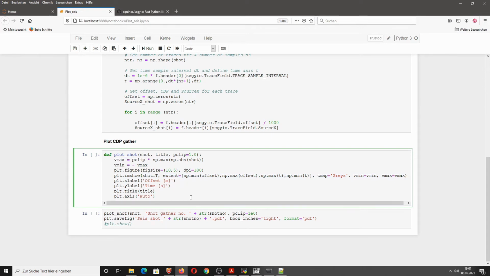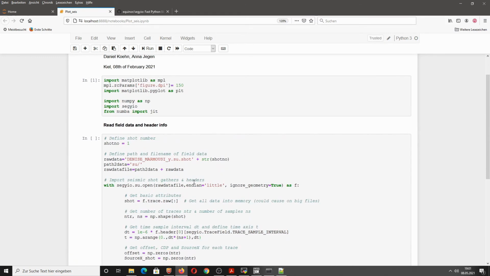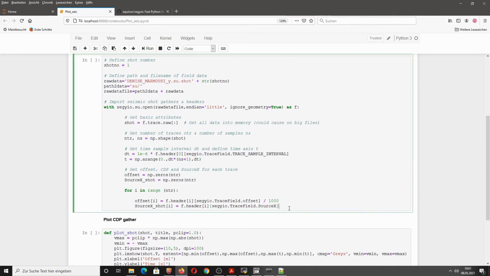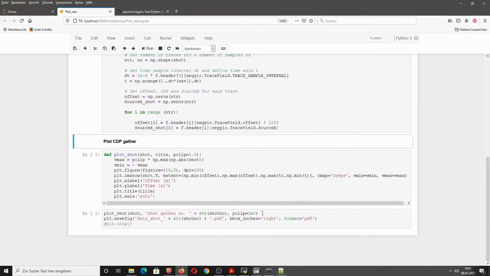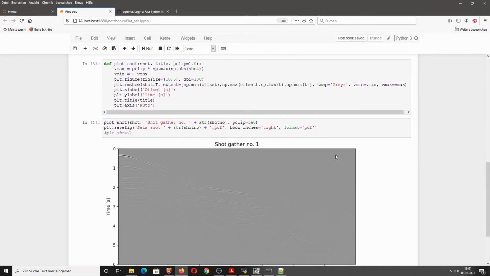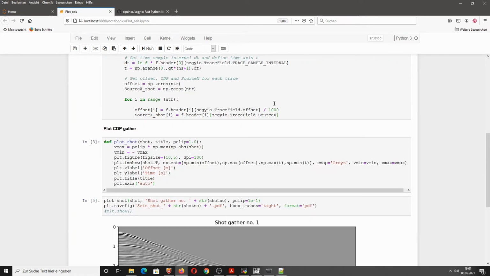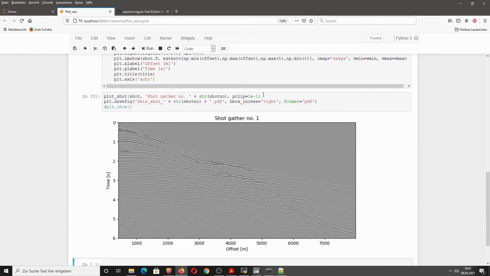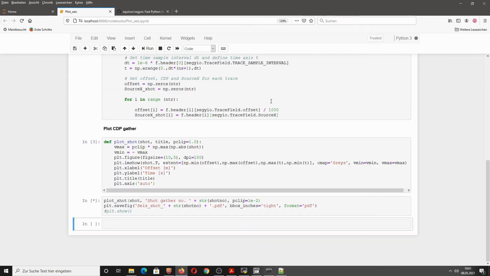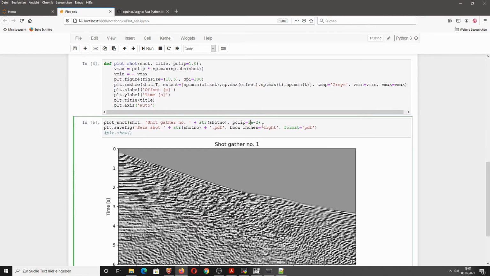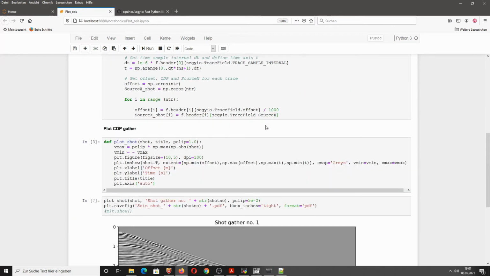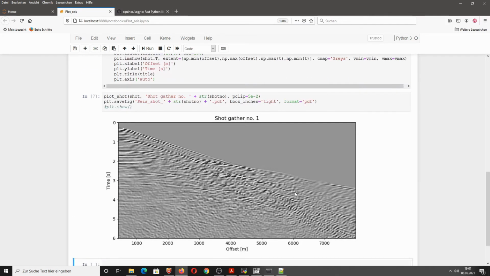Annotate all the stuff, okay. Have I already imported it? No. So let's first import the first shot and then we can simply plot it. Okay, the clipping is not optimum, so we can reduce the clipping value here. So that's much better. Perhaps even a little bit more. That was too much. Let's try 5 times 10 to the power of minus 2. So this seems to be a good compromise.